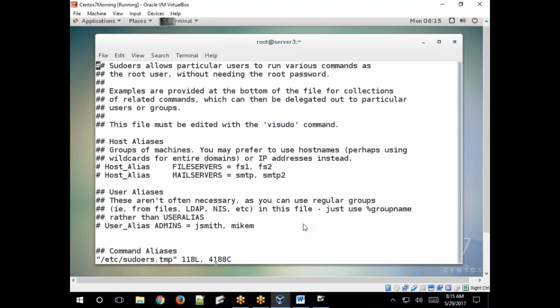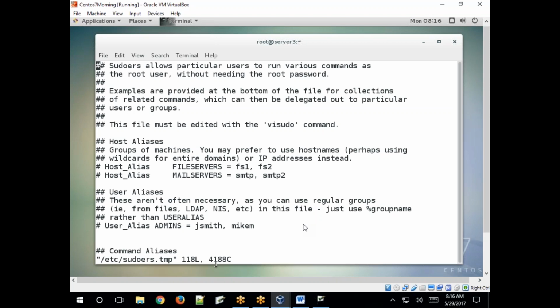In that situation we need to provide the root username and password. But when you allow a user using the sudoers concept, there is no need to enter the root password. With his own password, the sudoers configuration file allows that particular user to perform administrative tasks.